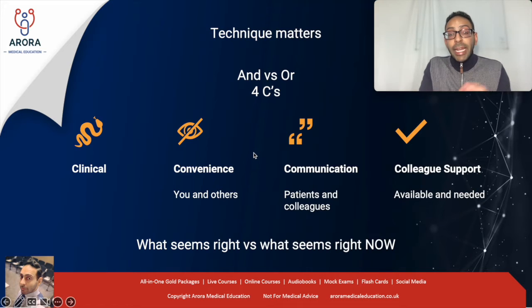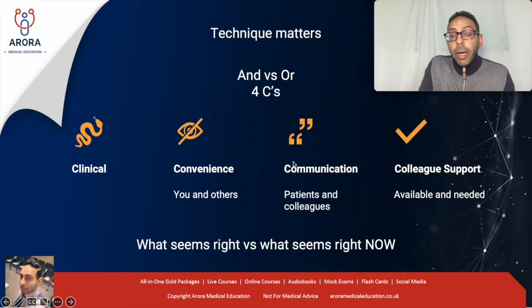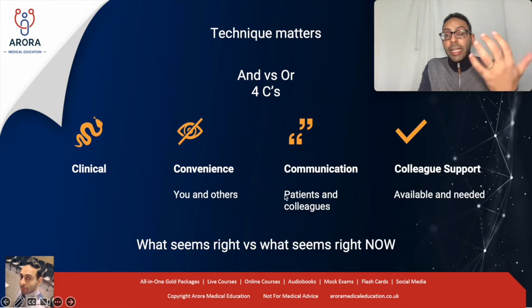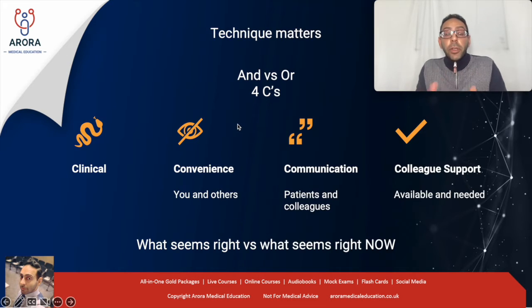C number three, communication. Again, communication with patients, communication with colleagues. If, for example, you're thinking about asking a patient to wait because you have something more clinical that needs to be dealt with first, how are you communicating to that patient? Are you letting them know, apologizing for the delay, advising them that you're going to be a little bit later? Also, communicating to patients for clinical situations. So, for example, if somebody needs a translator because of a language barrier, or you're worried about communication from a consent point of view. What are the kind of things that you think about from a communication point of view